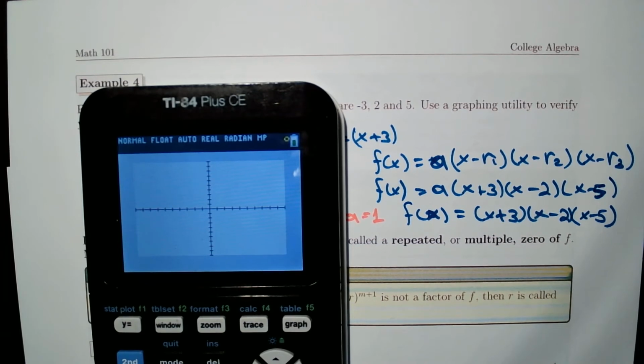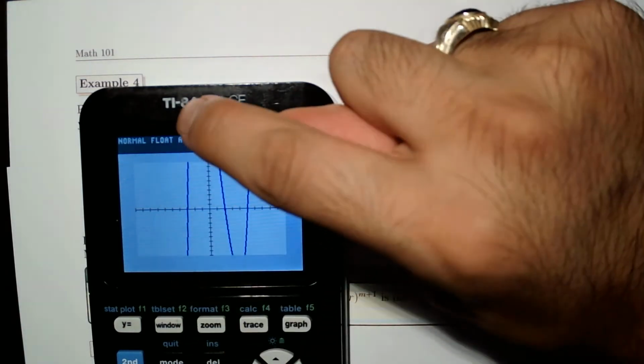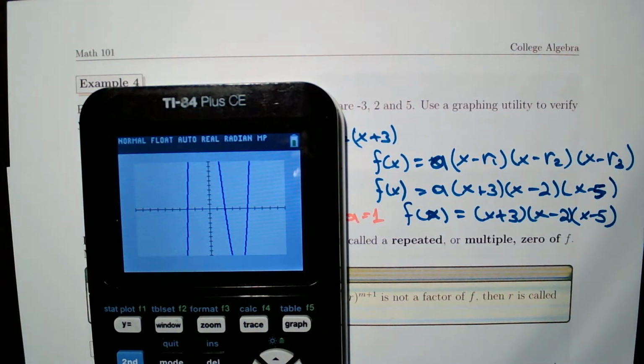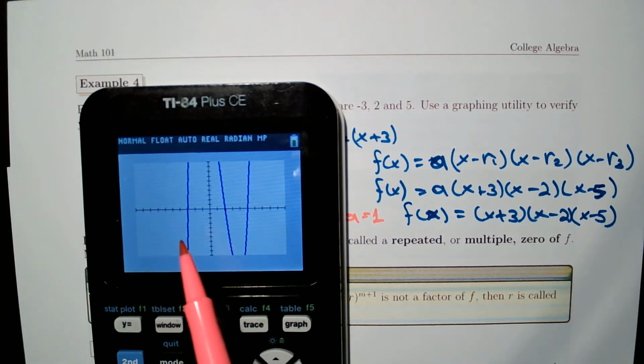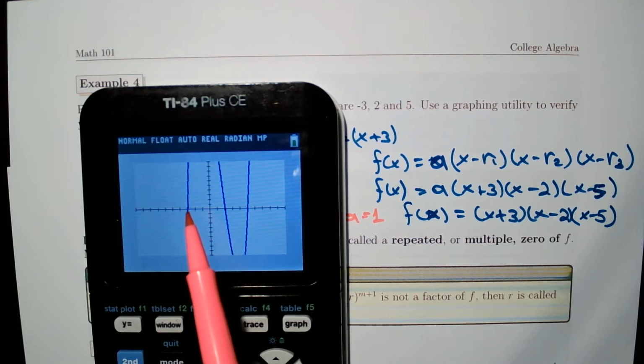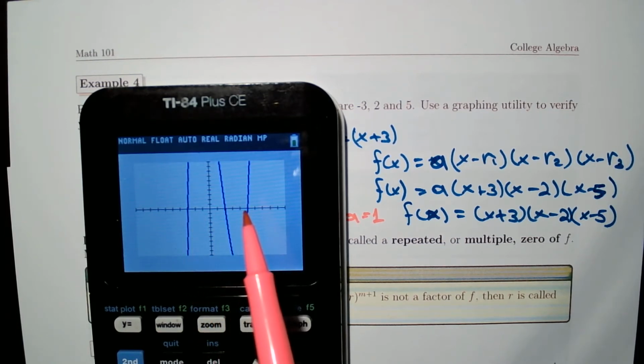Graph. Yes, not clear. Graph. So we are going to have a polynomial function. It has an up and down. And here we can see the 3 zeros. One of them is -3, the other one is 2, the other one is 5, as we can tell here